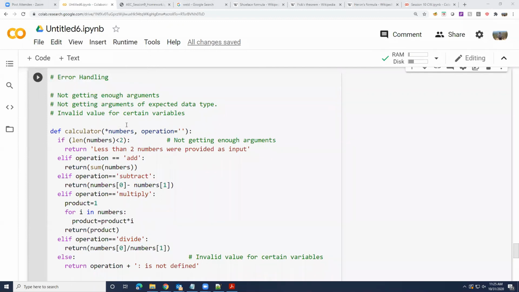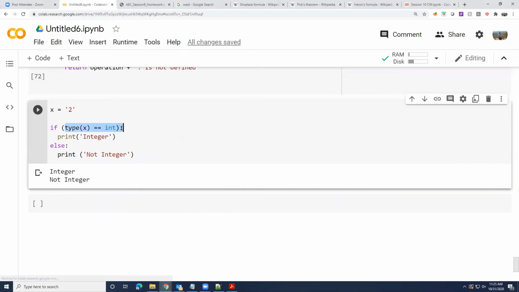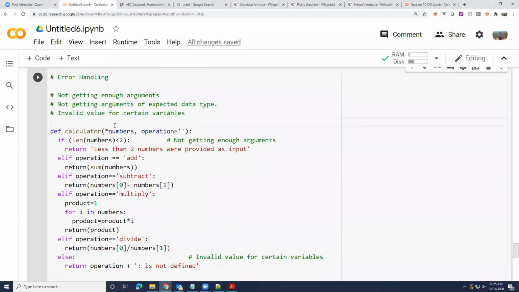Use this one. Instead of using is numeric, use this one, type of x equal to, or type of number equal to int. So you should check to make sure all numbers are int or floats. So this is what you have to check. Please try your own thing.